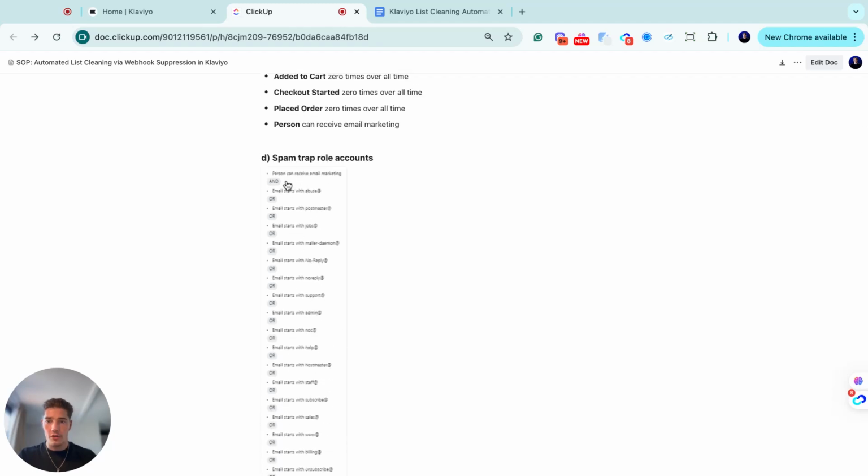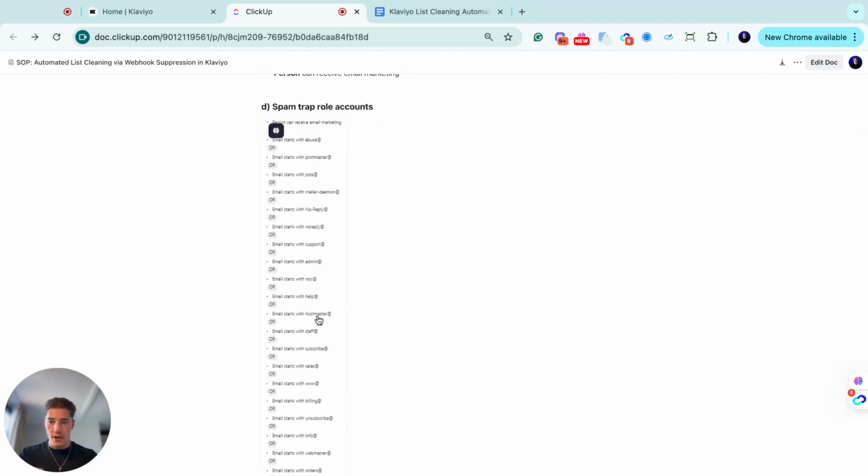And then it also contains different kinds of suppression, like these hostmaster addresses, for example. These kinds of addresses that join your list are not real addresses. They're just checking if you're actually following the best practices of email sending. You also want to get those off your list, because if you don't, they're going to see that you're not following the best practices, you're not cleaning the list regularly, and that's going to hurt your deliverability as